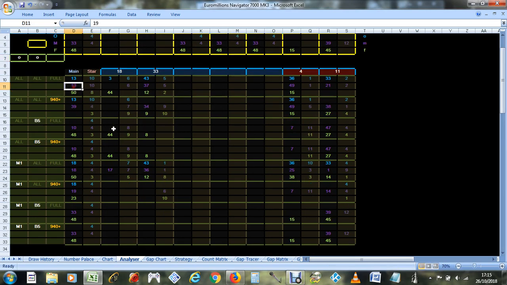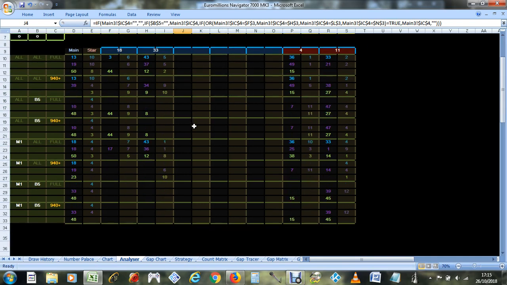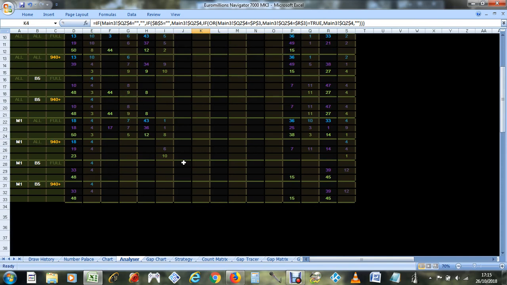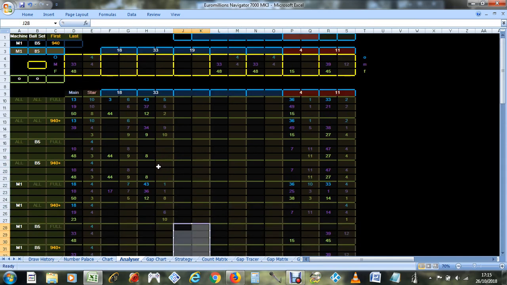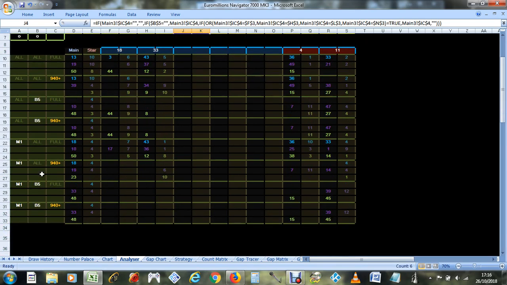So for instance, number 19 is most outstanding because it's most overdue for its frequency at the moment. So I'm going to do an analysis now for number 19. So you can see these 2 squares of the grid are empty. Nothing stands out there,